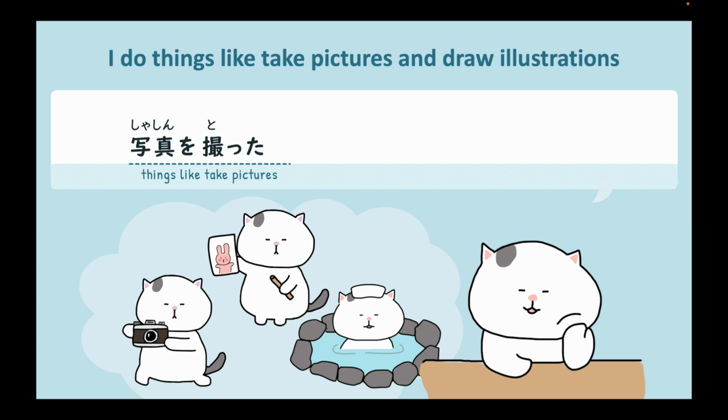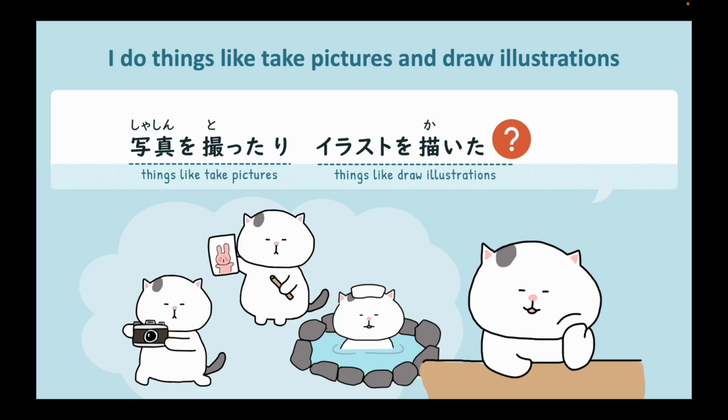写真を撮った。After the ta form, what do we add? We add the ri. What is the ta form of draw illustrations? イラストを描いた。Do we need ri after the second example activity? Yes, the ri is required after each example activity. And how does the sentence end? We end the sentence with します